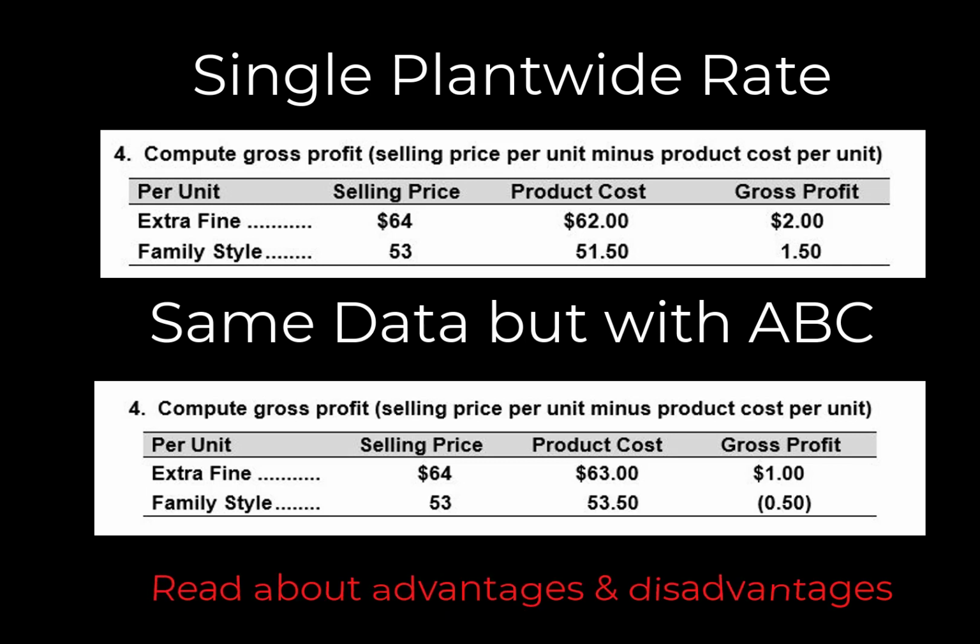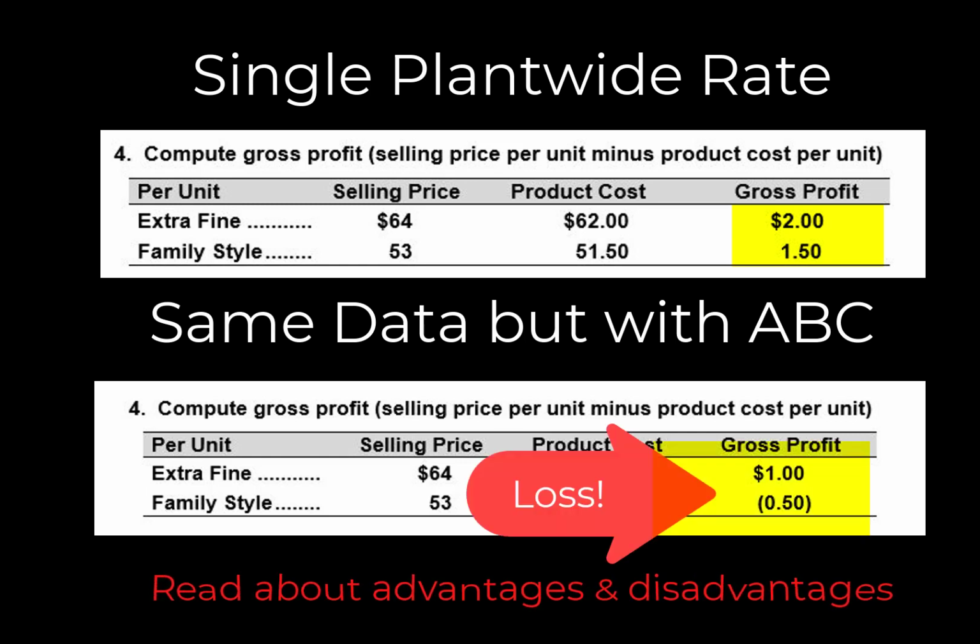We also said that ABC can highlight inefficiencies and can reduce waste. You notice that in this case, the one product, the family style in particular, that we thought was generating a profit is actually resulting in a loss when the activities that are consumed in making the product are costed out